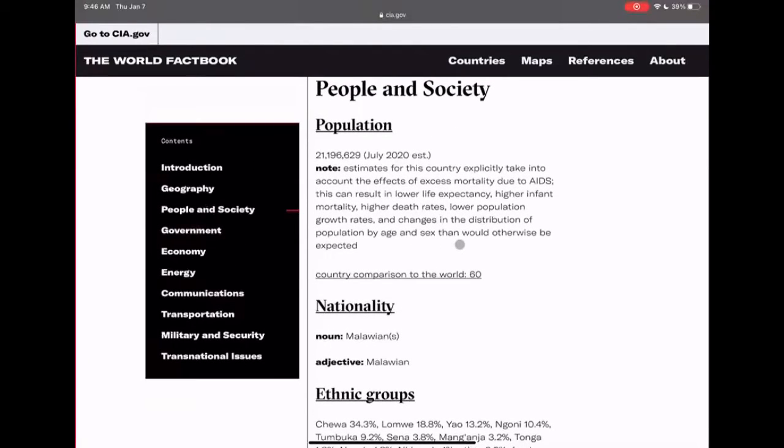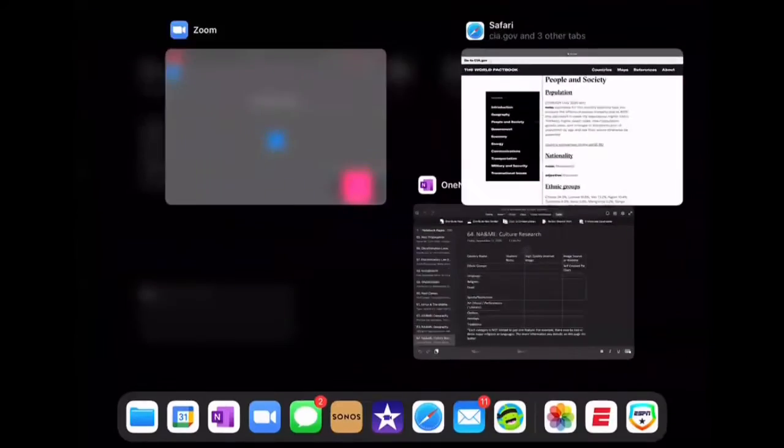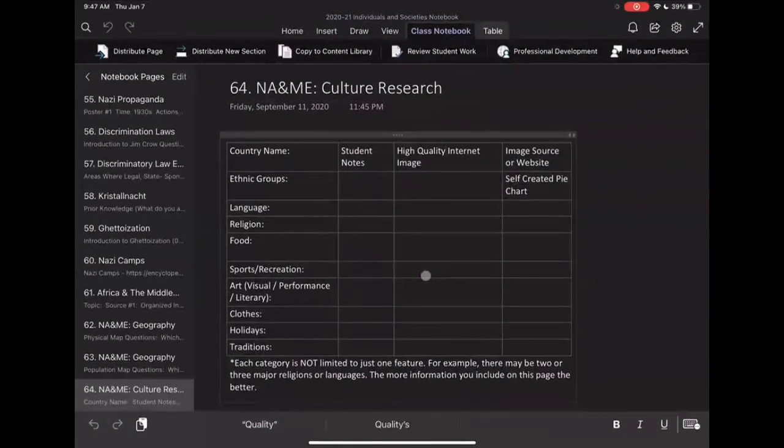This is what everybody should be looking at now for your specific country: different information about people and society. Here's where we see some of the cultural characteristics, and I'm going to go over that with you. You can look at it on page 64. Everybody should have page 64 in your digital notebook as well. Let me know if you don't, you may need to refresh your digital notebook. I just distributed it a little bit ago. Again, as we're talking about cultural characteristics, what are the things that are unique about these regions of the world? We go there and we would look and say, hey, what they're doing is different.